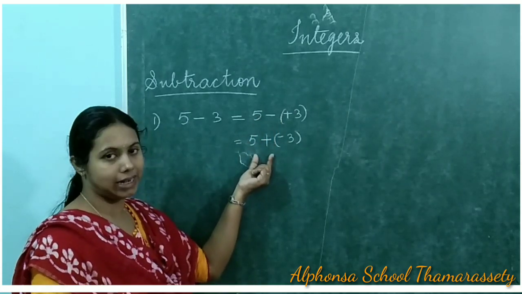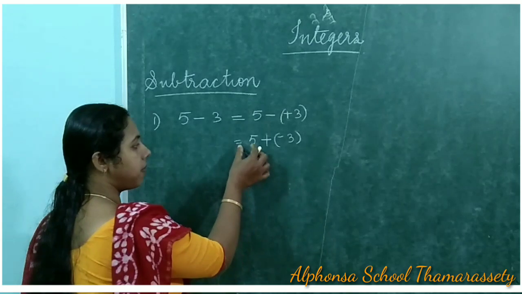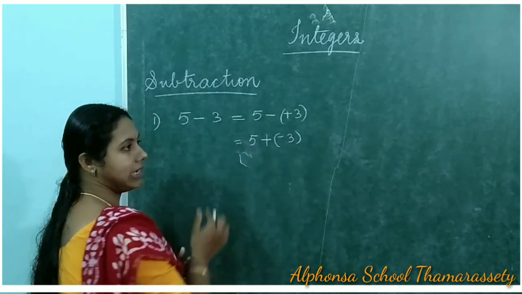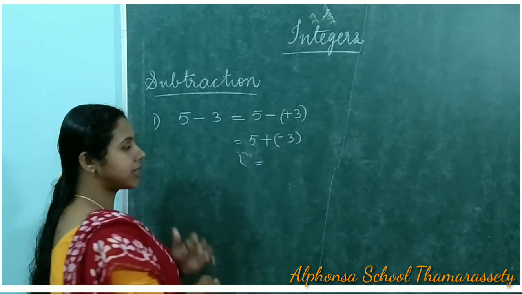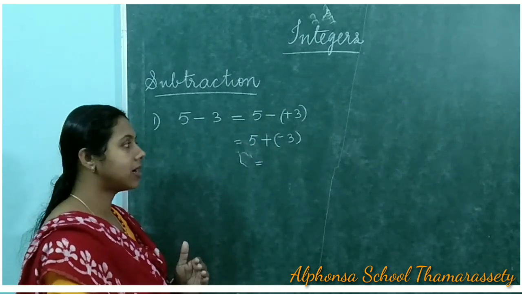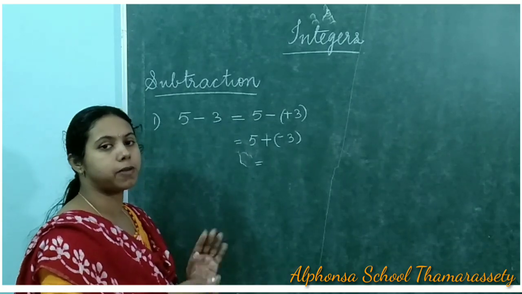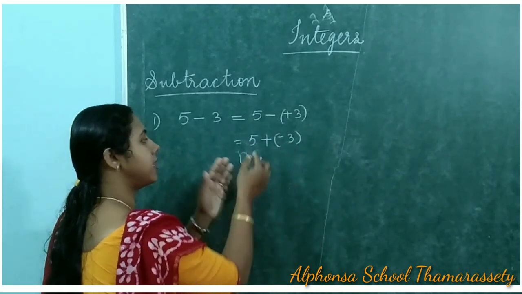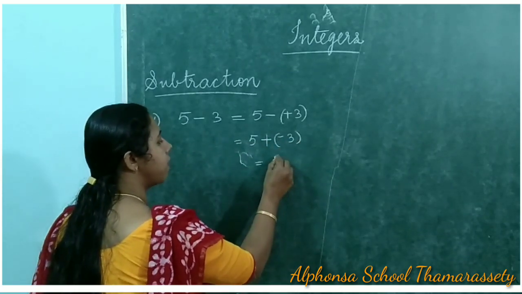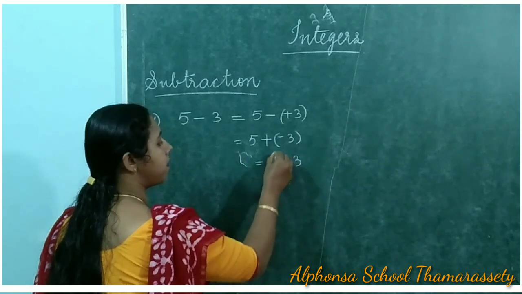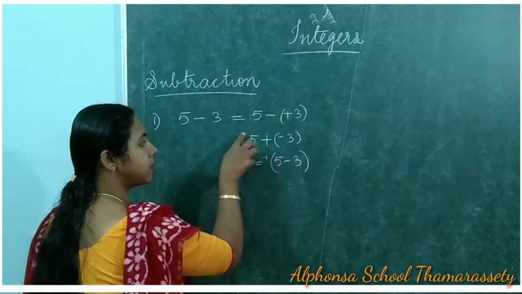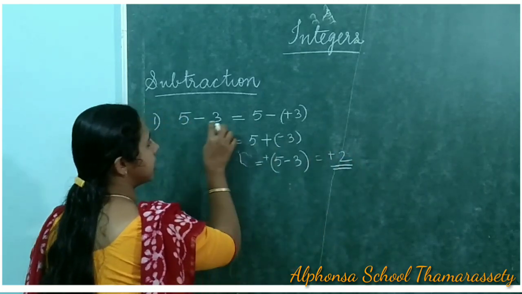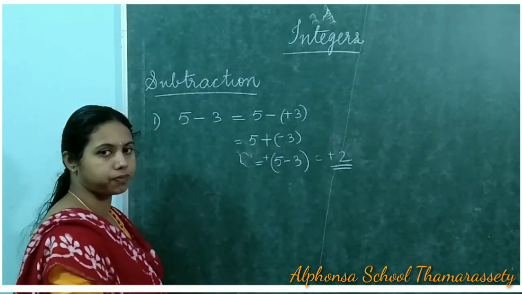We know the rules of addition of integers. One is positive and the other is negative. We are adding integers with different signs. So when adding two integers of different signs, we subtract the smaller number from the bigger number and put the bigger number's sign. Here the absolute values of 5 and minus 3 are 5 and 3. Subtracting 3 from 5 and putting the bigger number's sign, which is positive, your answer is positive 2. 5 minus 3 is equal to positive 2.